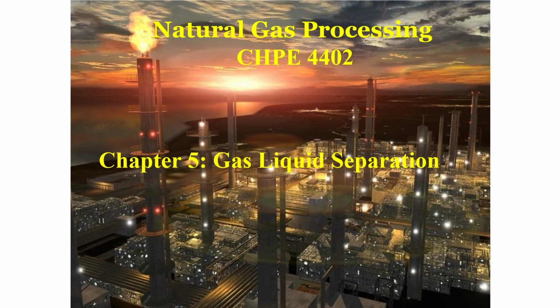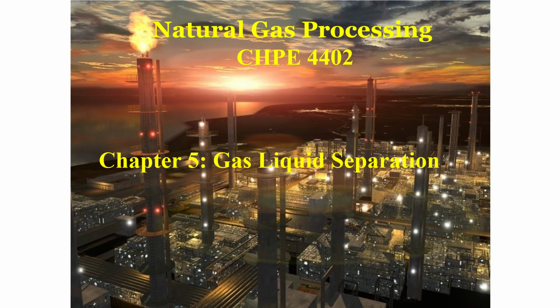So the first unit, and we're going to see this on the detailed flow sheet slide that we're going to present later on. But now in this chapter, which is chapter 5, we're going to discuss mainly the gas liquid separator design, and we're going to look at the configurations, vertical, horizontal, different configurations for the gas liquid separator, which is something that's not new to you as well, because you have seen this before in several courses